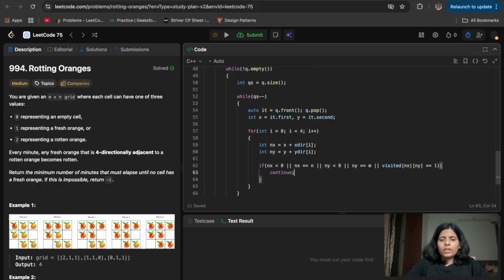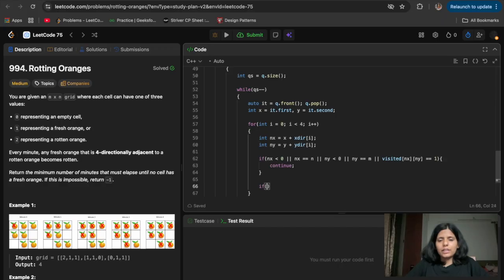And if it is not, if it isn't visited, then I am visiting it now.